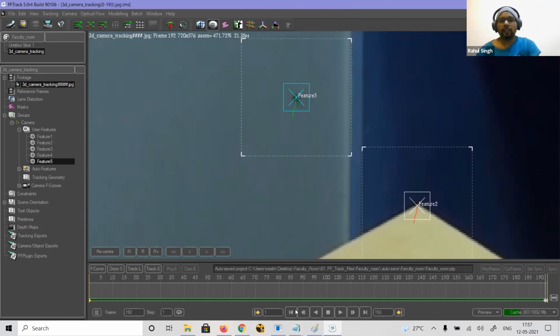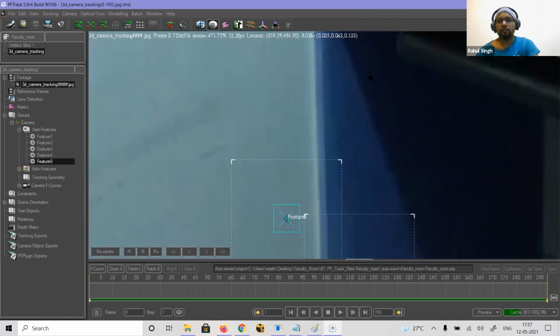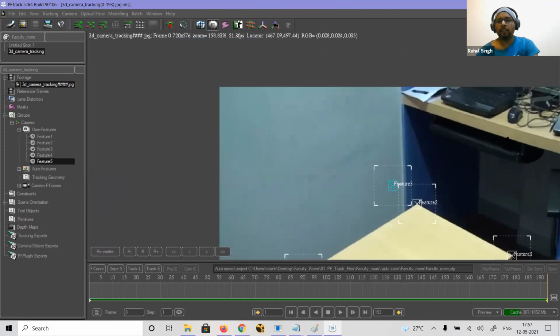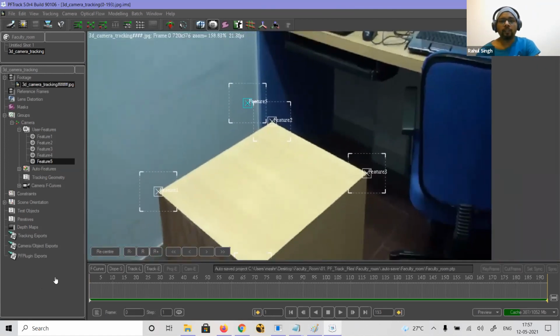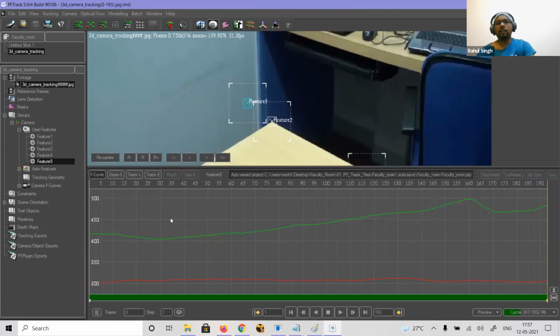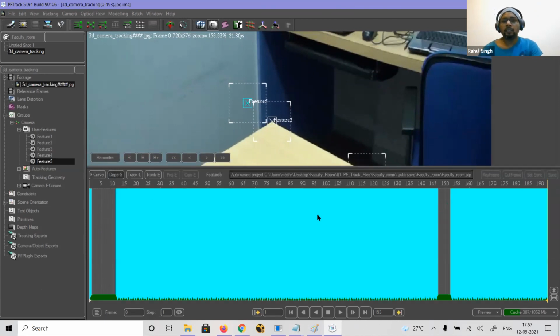Fine. Okay, this point is done. So I'll come back to this frame. Now I have to search for other points, right? So currently 4 are done. I can see my F curve and all. Now you can see that F curve and all. So it shows you the graph. I have 300 points, which is auto tracking. And then you have a manual track points out there.